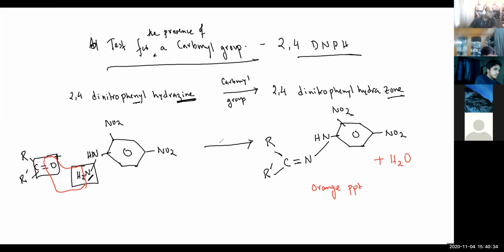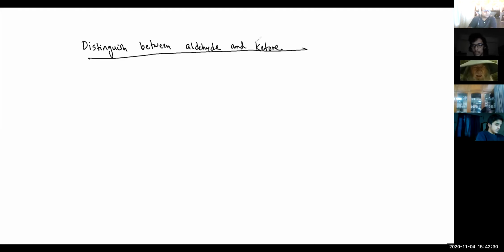So now we'll test to distinguish between aldehyde and ketone. Distinguish between aldehyde and ketone. We can distinguish it in two ways: Tollens reagent,